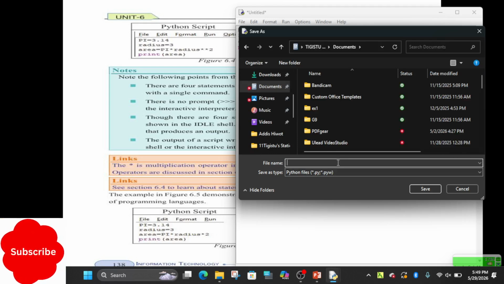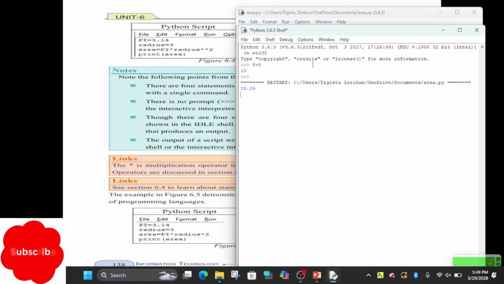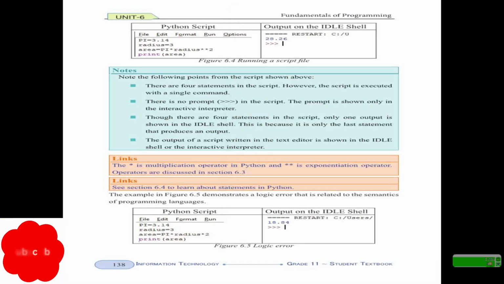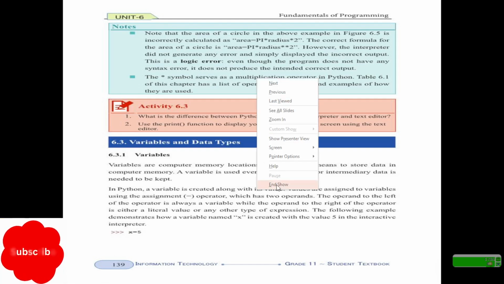Then give a name, for instance, area.py. It should be saved with .py. As you have seen, 28.6 is the output for this source code. The same applies to the others; it may not be difficult after learning how to create and run.